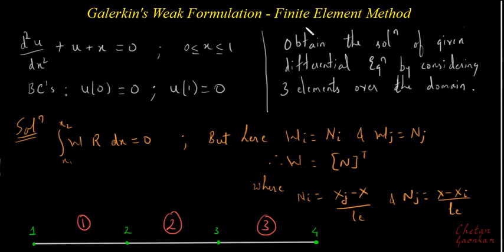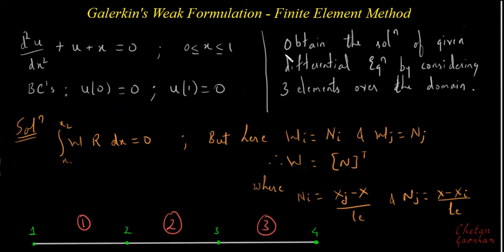Let us finally use this finite element method to solve this differential equation, which is valid over this domain, that is x goes from 0 to 1, and the boundary conditions are u of 0 is equal to 0, that is u at x equal to 0 is 0, and u at x equal to 1 is also 0. Looking at this boundary condition, we can say that these are the essential boundary conditions,